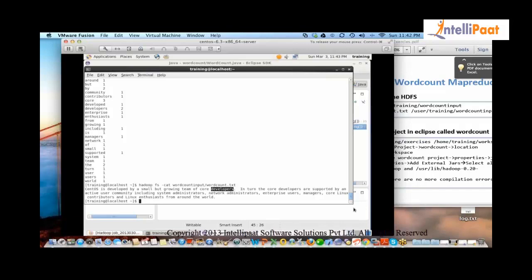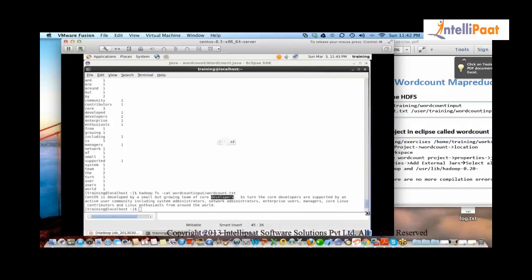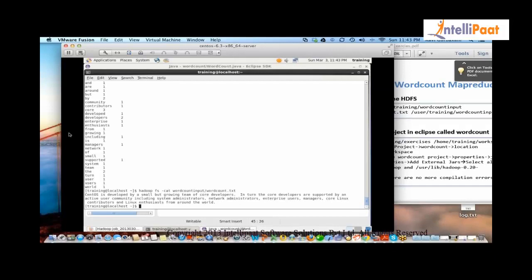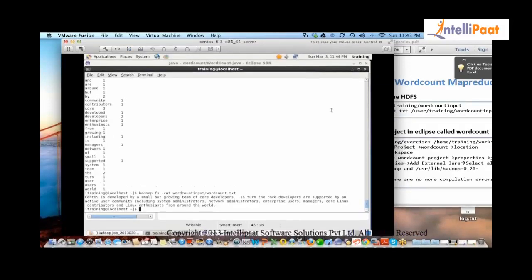And you'll have one more developers if this is showing you the full file. Developers, got it? So it's 2 times. Core is 3 times. 1, 2. So this is my input, and this is what output has come through the program. We developed the program, we packaged it as a jar, and we ran the program, and everything worked.